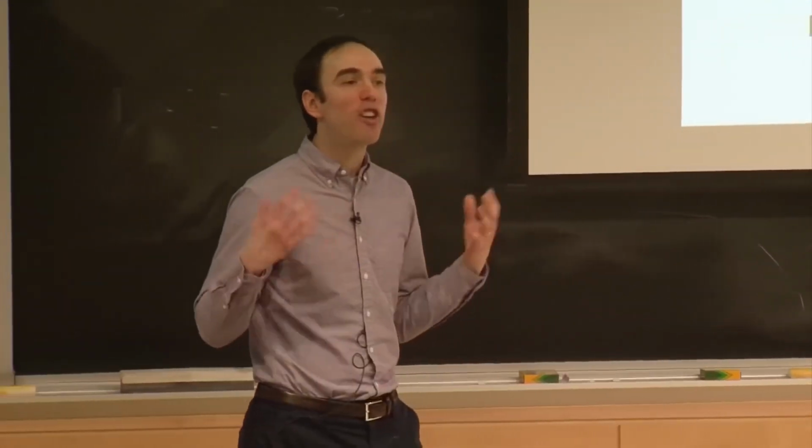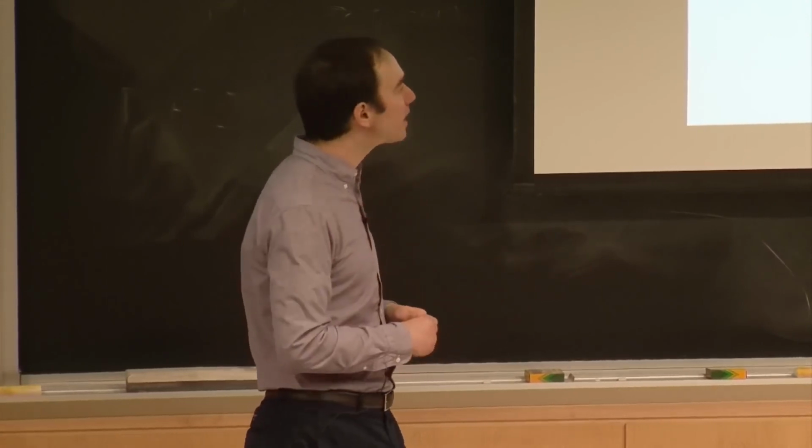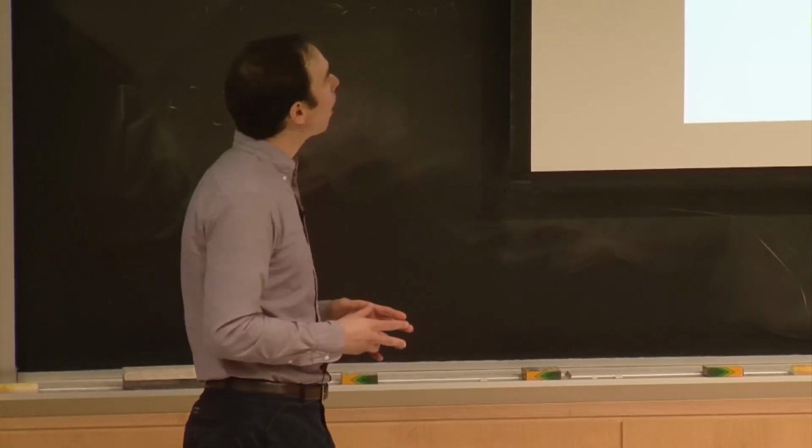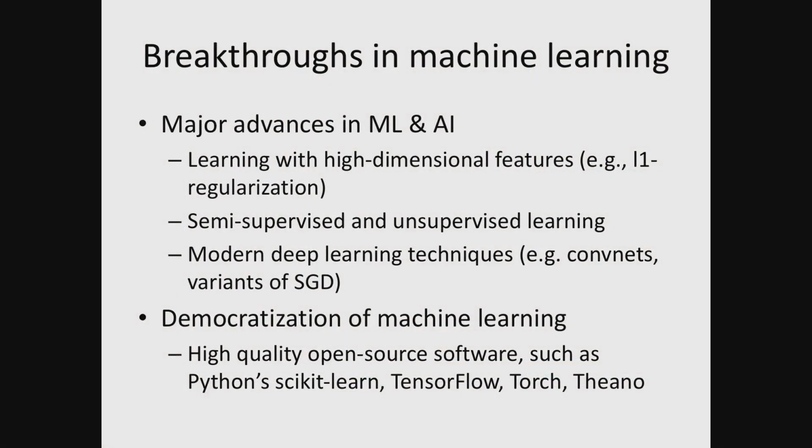Now, in terms of those algorithmic advances that have made a big difference, the ones that I would really like to point out because of their relevance to this course are learning with high-dimensional features. So this was really the advances in the early 2000s, for example, in support vector machines and learning with L1 regularization as a type of sparsity. And then more recently, in the last 6 years, on stochastic gradient descent-like methods for very rapidly solving these convex optimization problems. That will play a huge role in what we'll be doing in this course.